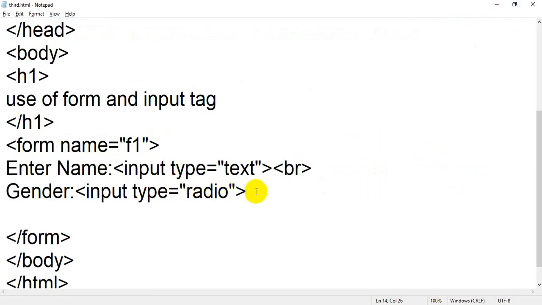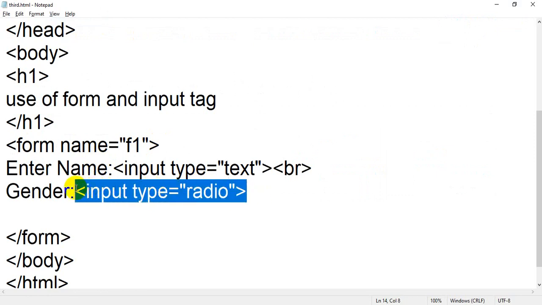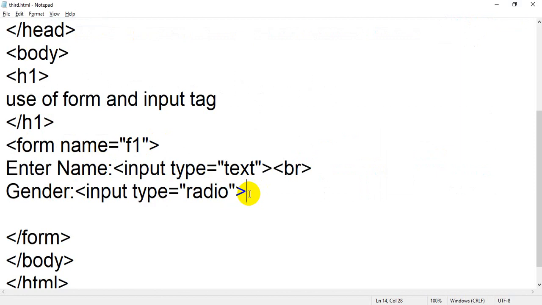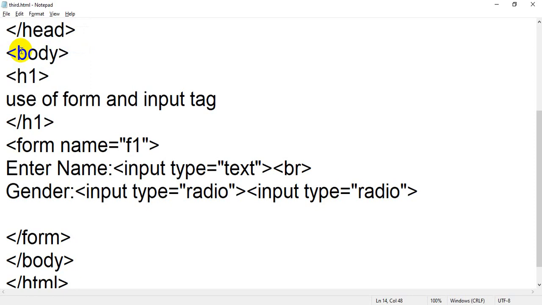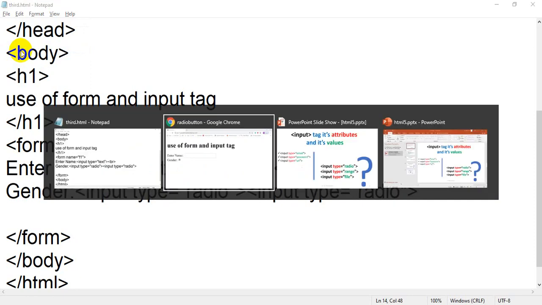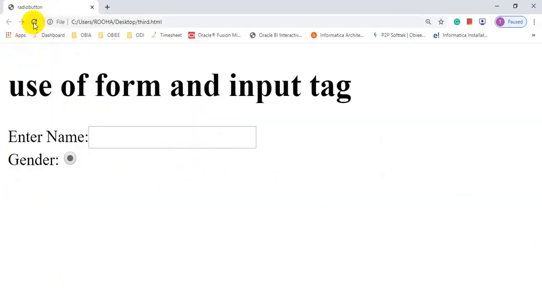Again, if you add one more, for example, I just copy this content, Control C, and again Control V. Input type equal to radio, save it. You can use Control S. I'm going back to my browser, refresh the page. Now you will get two radio buttons. One is from the first input type equal to radio, and this is from the second input type equal to radio.